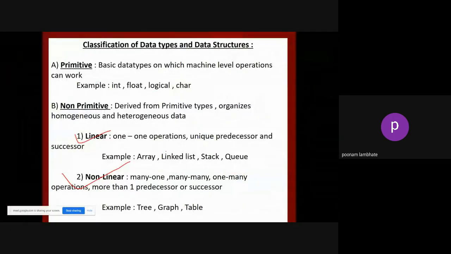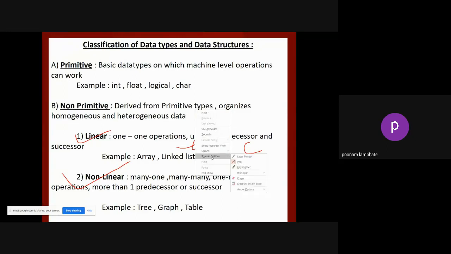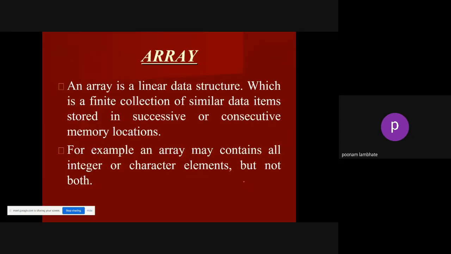Means in arrays that we have already seen, one after the other you can store the elements like A, B, C, and so on. But in non-linear, like a tree diagram or a hierarchy, you can have the elements arranged. You have already seen this. So array,